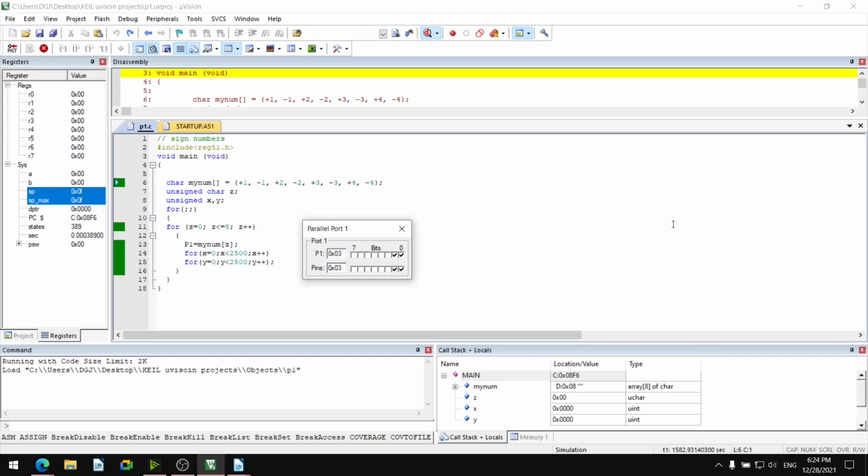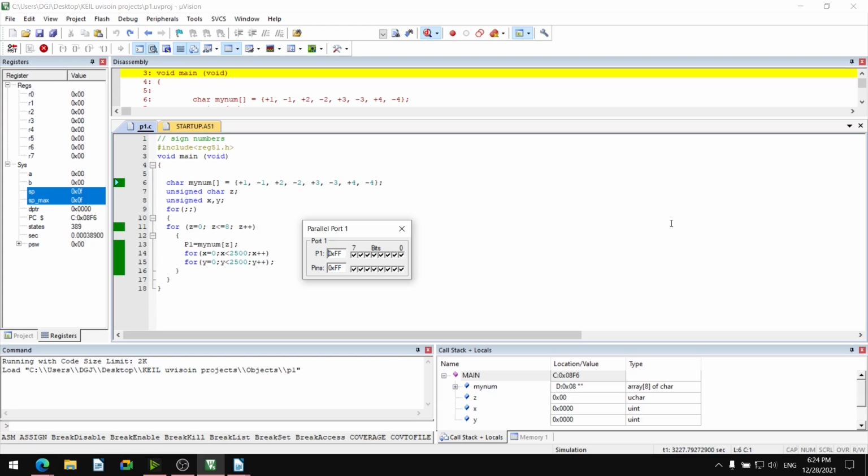That is about saving the ASCII numbers, ASCII symbols, +1, -1, +2, -2, +3, -3, +4, -4, when we enclose them in a curly bracket and equate it to the array name, which is mynum, with square brackets in front of it.